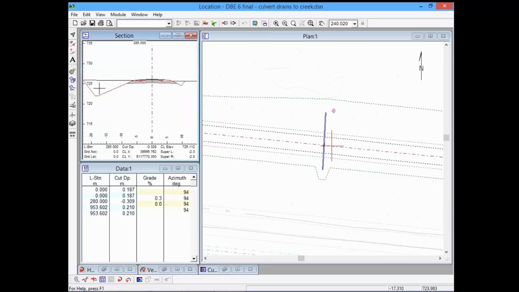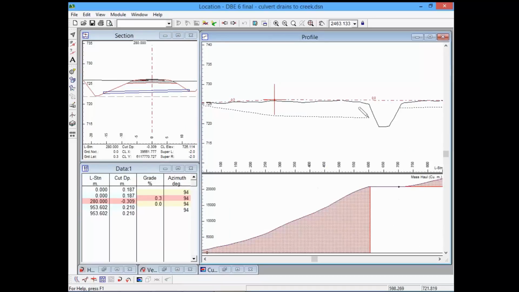On the left-hand side, where the culvert is, I needed to change my ditch depth to get below the outlet of the culvert, and then I needed to change the depth over here so that it would drain down to the creek from the culvert. So the idea here is we've got a ditch on the right, which drains across using the culvert, and then the left ditch gets it out to the creek. Okay,